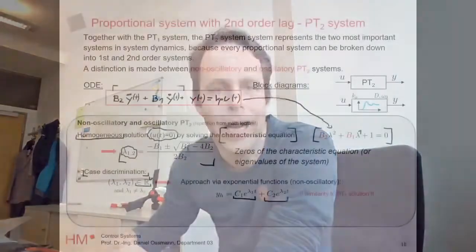So nothing new here for us, because we already know how to tackle a PT1 system. Okay, remember, you solve the characteristic equation, your lambdas are real, it just tells you now I have two PT1 systems. And this is why this case is not so interesting for control engineers or for engineers doing system dynamics. The other case